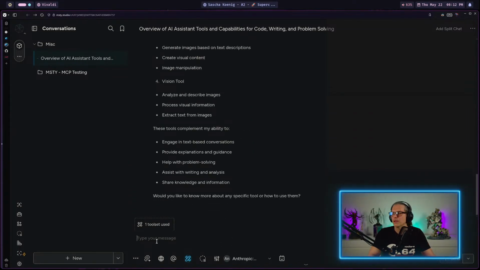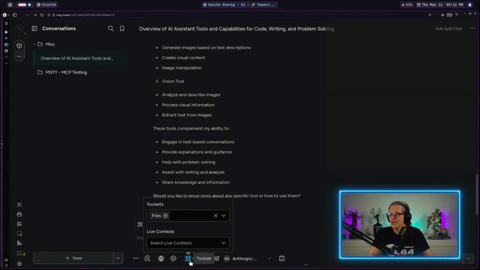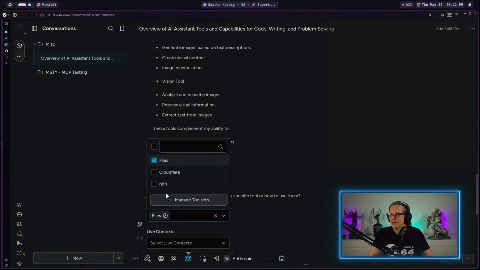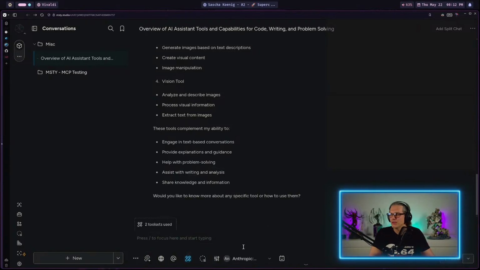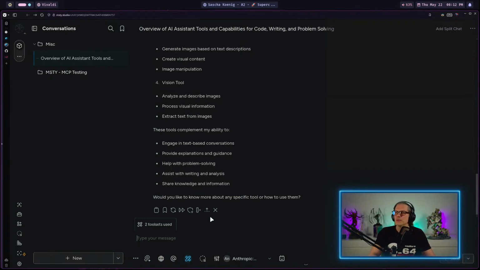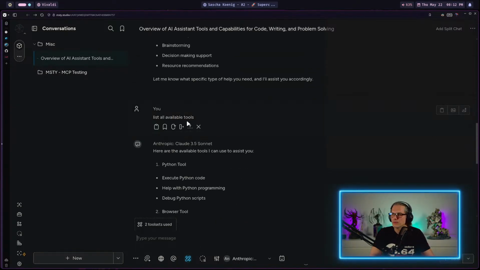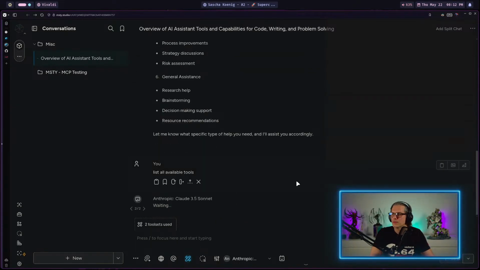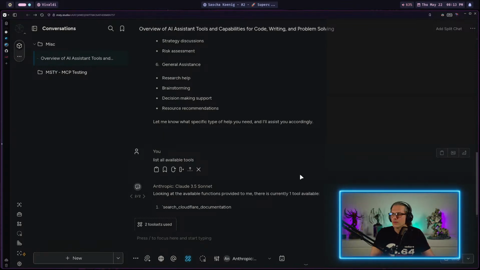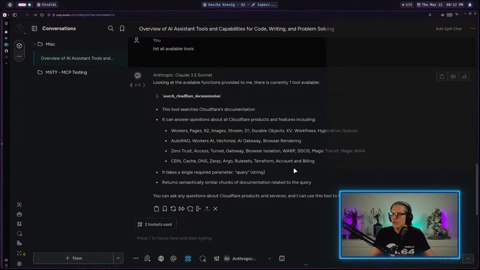Now this is hallucinating. So what is the problem here? Let's try once more. Okay, now for some reason it did not recognize the file search tool,